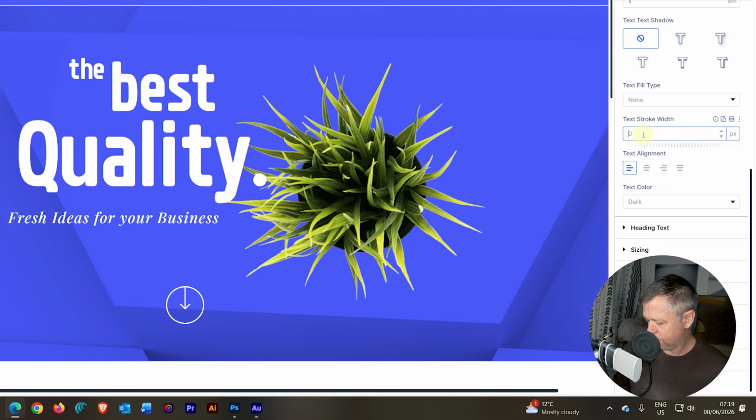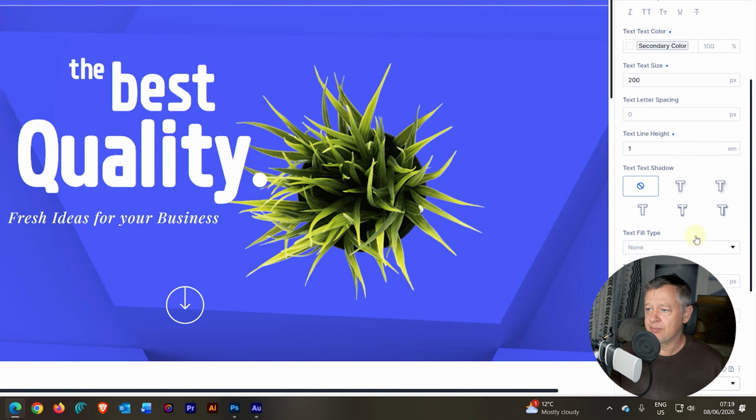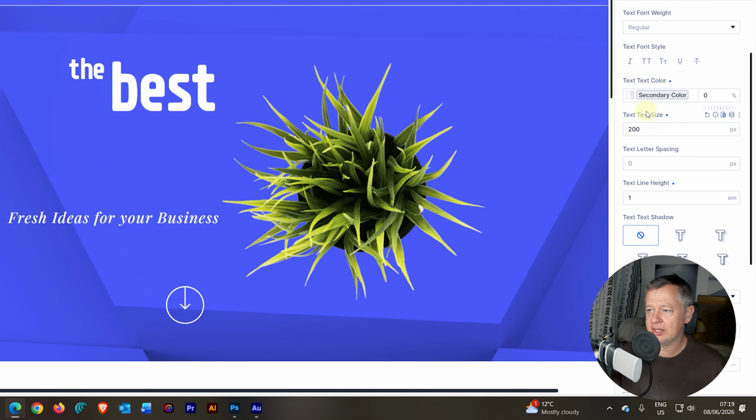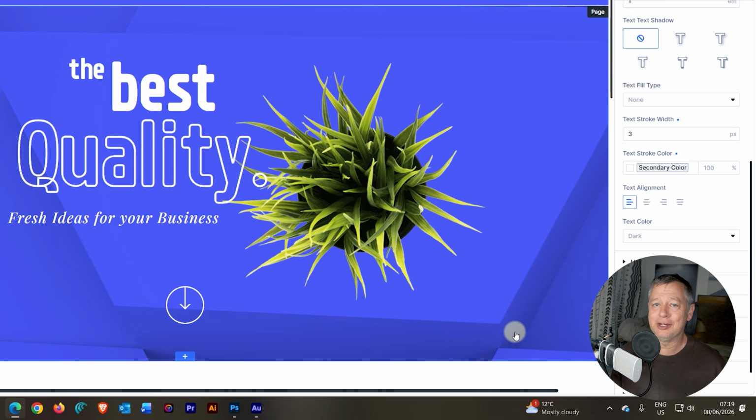And this is not going to make a huge difference, but what we're going to do now after I've added it is we go up and we go to the color and grab the transparency of the text and drag it down to 0. Having done that, our stroke has disappeared, and this is an interesting thing. Even though the stroke is added, you still need to click on the color to bring in the stroke, and